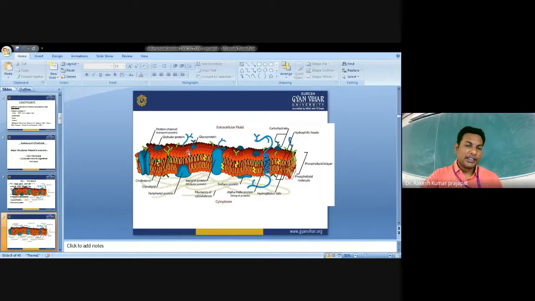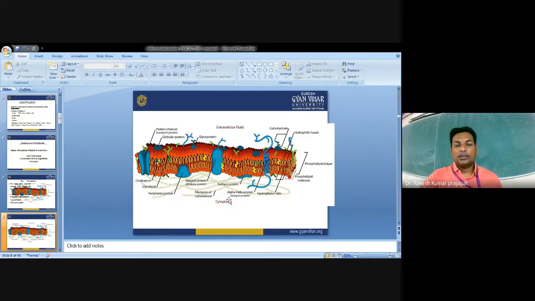The lipids are arranged in such a way that the tails of these lipids are facing towards each other. Cholesterol is present, and glycolipids are embedded into the protein-lipid layer. There are protein channels which help in the transport of different molecules. Globular proteins are embedded into the lipid layer. Peripheral proteins are present only on the surface. The channel proteins cross these two layers completely.